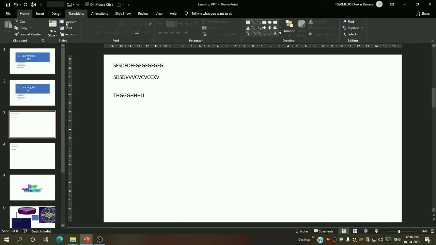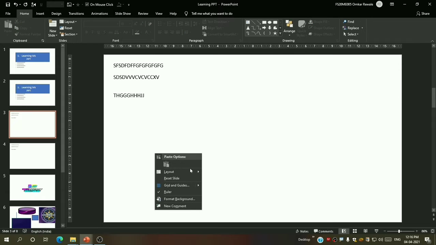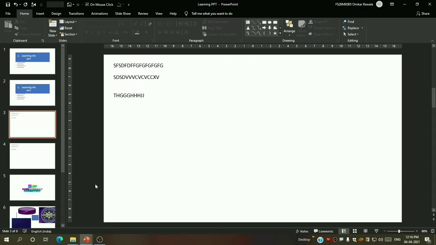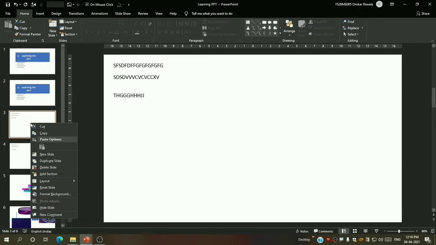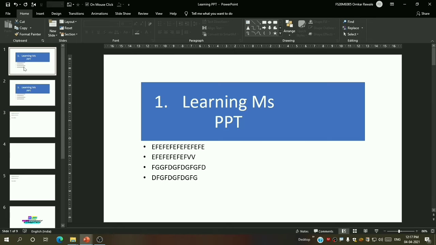So inserting a slide, I can do that from right click also. If I right click over here, you can change its layout from here also. And if you want to include one more slide, you have to again right click and just say new slide, and you will get a new slide. This will be a blank slide because the layout of the previous slide was blank.